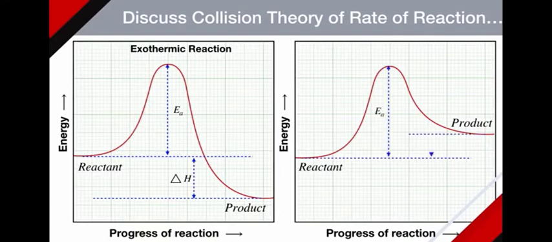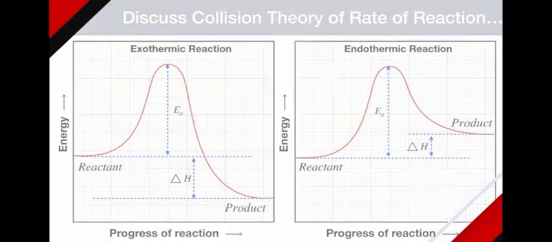The process of the reactant changing into products can be understood by plotting the graph of energy against the progress of reaction. As you can see from the graph here, the energy of reactant increases and then it decreases to form a product. Then energy is liberated. This is an exothermic reaction. On the other hand, if the energy of reactant is lower than the product, in this case we have to supply energy, and this reaction is an endothermic reaction.